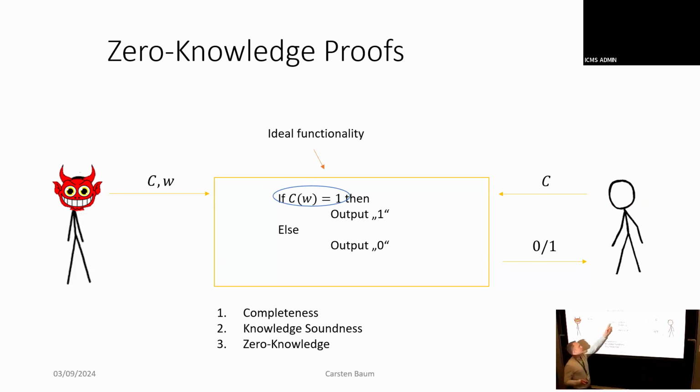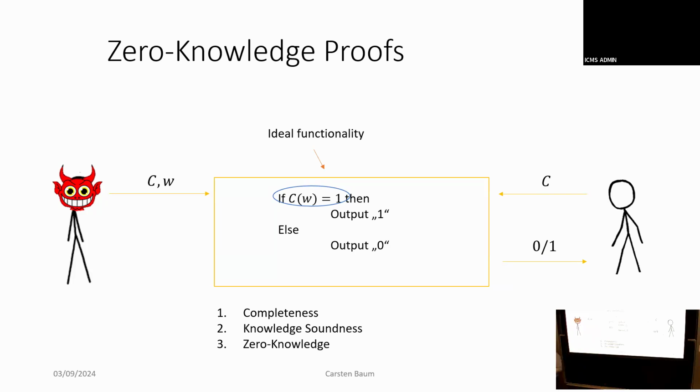Because unless the prover inputs a witness that satisfies the circuit, the box is not going to output one to the verifier, right? So this box guarantees security against the cheating verifier and the cheating prover. So it gives us completeness, zero knowledge, and also knowledge soundness, because Alice intuitively has to input this witness into the box, so she has to know a witness. Okay? That's an alternative way of phrasing it, where instead of having different definitions, we just assume the existence of a nice box that does things for us.